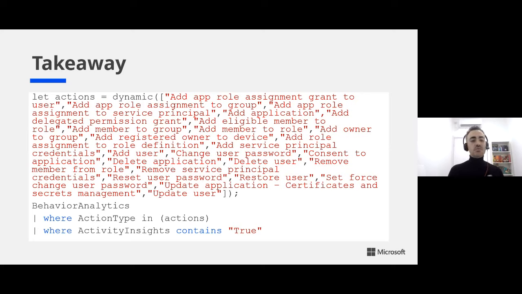Maybe it will lead you to start some investigations based on the findings that you'll see on top of this hunting query. And I hope that it will inspire you to create some of your own and explore the UEBA capabilities even more.